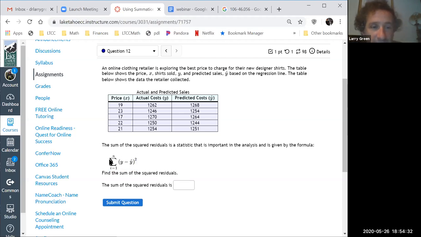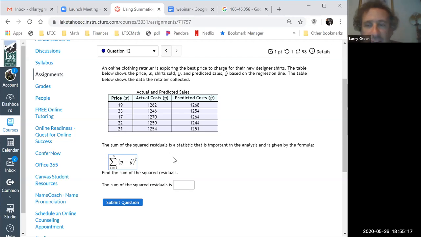When you see this thing here, it's called capital sigma. That in words says add. Can you remember that? That's why we call it summation notation. The sum means add. Then the bottom says, what are we going to start with? And here it says we're going to start with i equals 1. That means we're going to start with the first row. And then it says i equals n. That means we're going to end, in this case, with the last row. In this case, it's i equals 1 to 5.